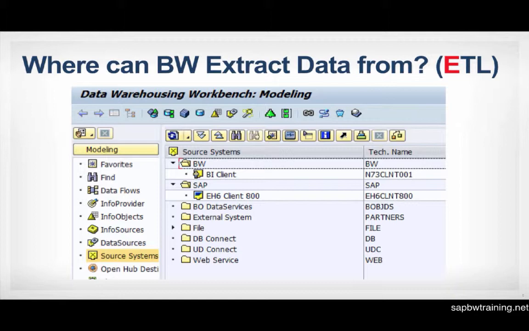database. You have the file source system where you can connect to pretty much any kind of file. And then the DB Connect and UD Connect are just connecting to other databases. And web services, which is a newer connector that was brought in BW 7.3. So again, this is the source system screen we're looking at, where you can select where you want to choose